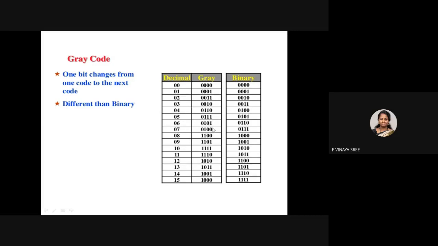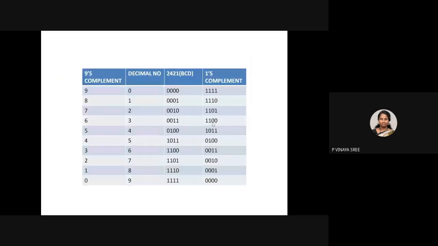In some applications it will be an incremental process, like a washing machine, from number 1 to 2, like that it goes on incrementing. So in such a way, when it is converting from one number to another number, how many bits it is changing is very important. In this case, it is only changing one bit position. So that is an advantage of gray code. But now, how to convert this gray code?